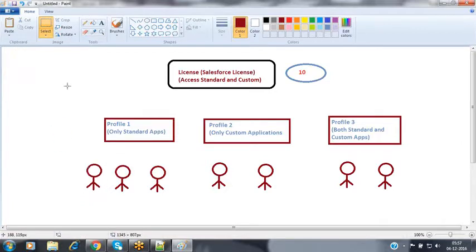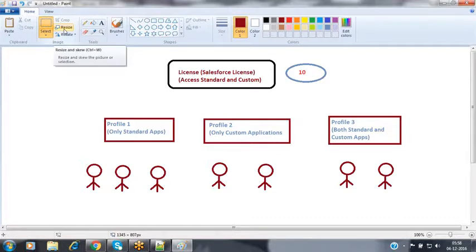Whenever you create a user, for every user we have to assign a profile. As of now I have 10 licenses available inside my organization, and every user requires a license.